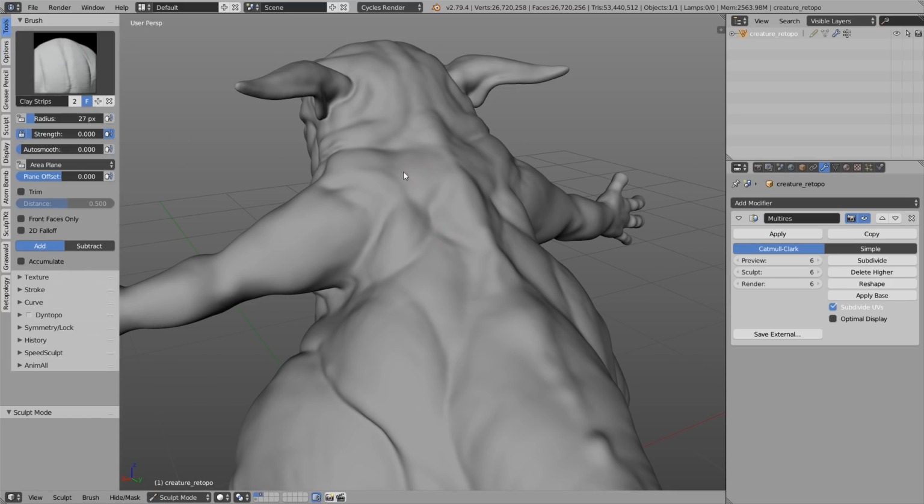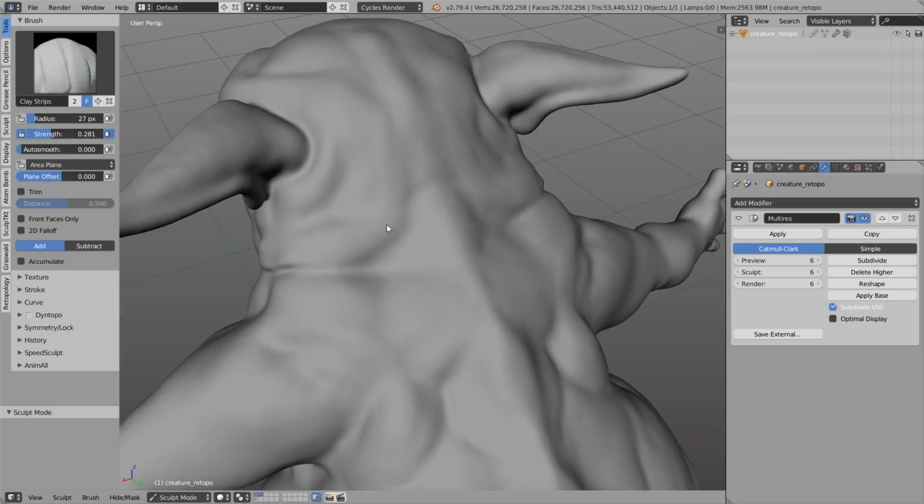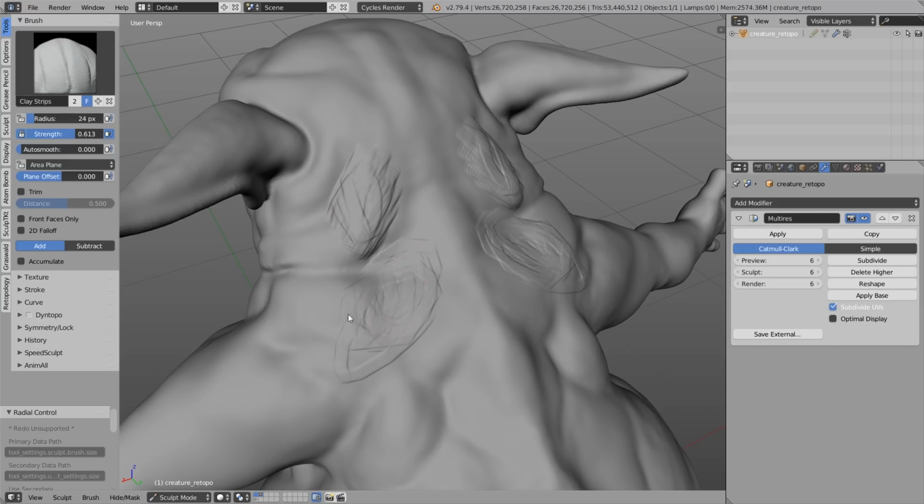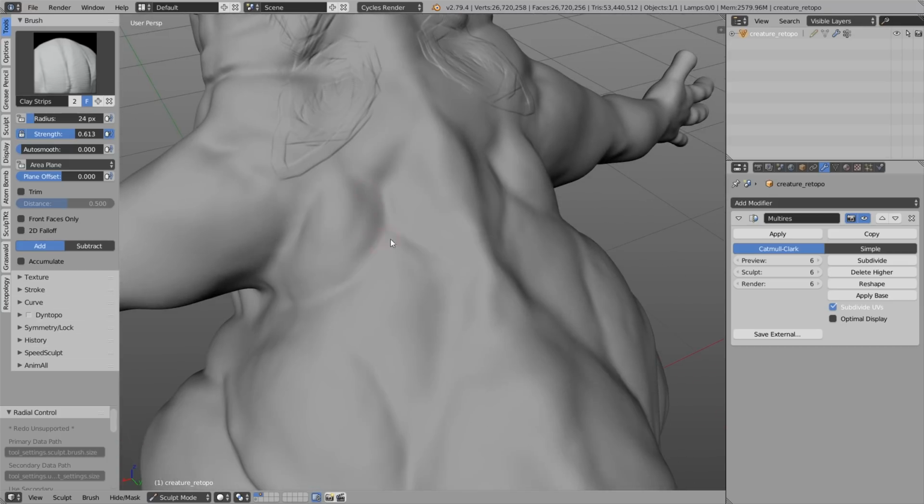So let's go to tools. Let's increase the strength here. And now let's see how fluently I can sculpt on here. As you can see, this runs really smooth. I can go really fast. So as you can see, this is a typical problem here. If I move really fast, we have